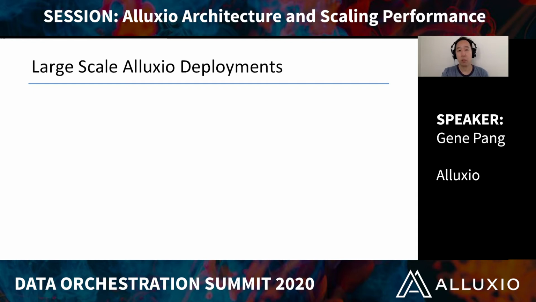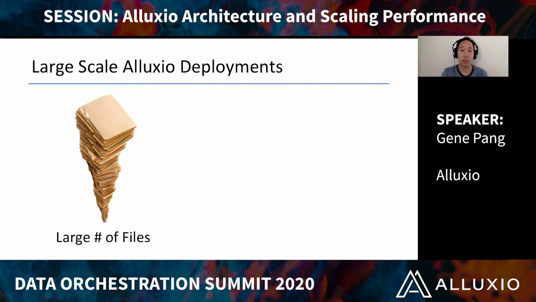So large-scale deployments can provide an additional set of challenges for any system, and they will obviously be different from smaller deployments. One set of differences and challenges is just the sheer number of paths and files involved. Large-scale deployments can typically get to a large number of paths and files, maybe millions, maybe billions. So this poses a new set of challenges for